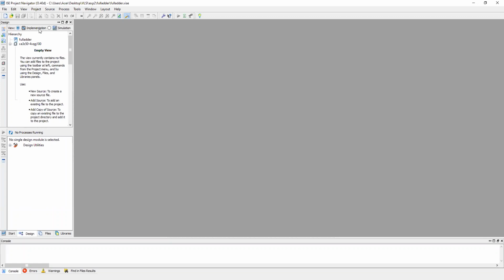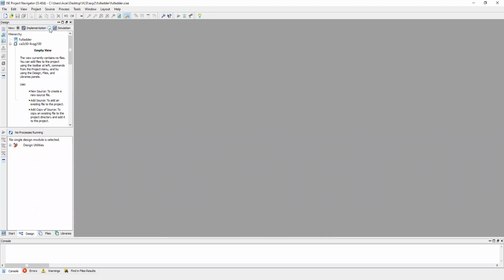Now, while executing any VHDL program, you should select the implementation view. There are two options, implementation and simulation. To write a VHDL code, you should select implementation, and to execute it you have to shift to the simulation part.